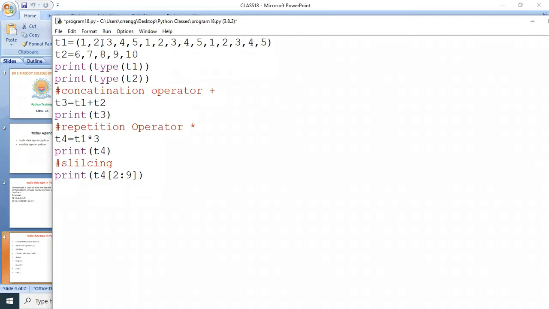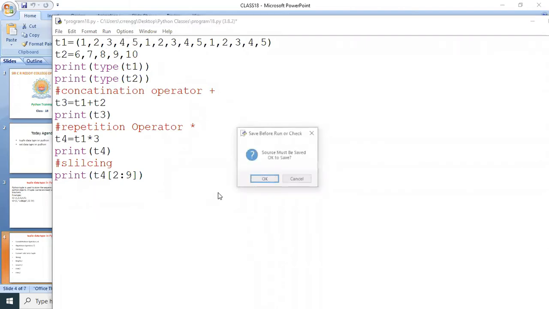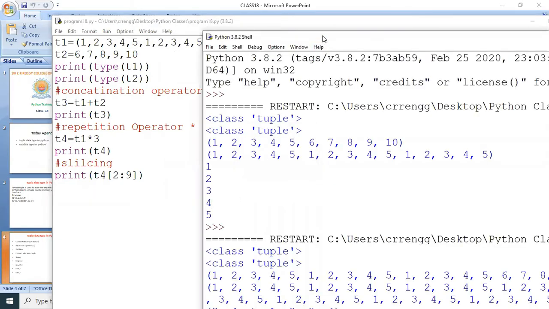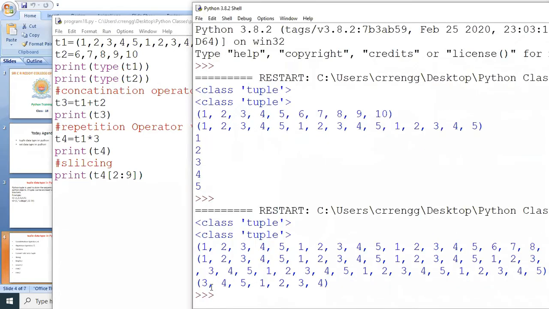Okay, this is the T4. Now, I display 2 to 9. So 2 means 0, 1, 2, that means 3, 4, 5, 6, 7. Yes, 3, 4, 5, 1, 2, 3, 4 is the answer.